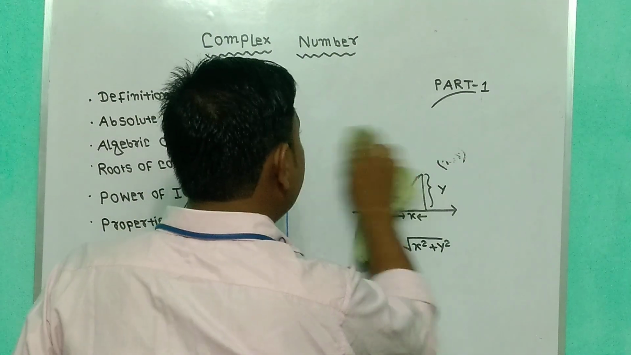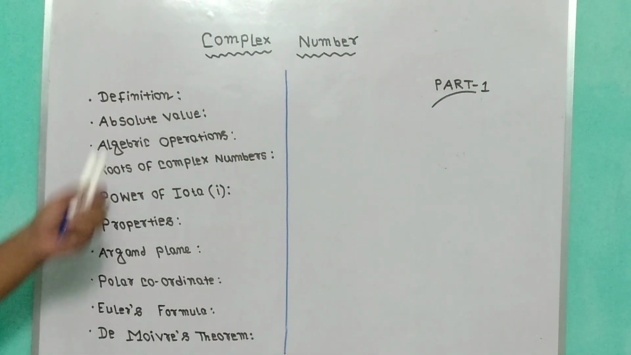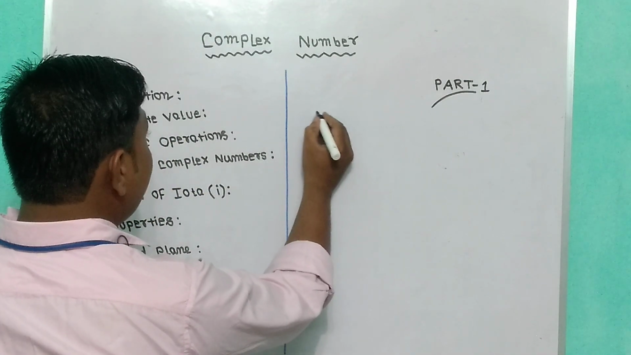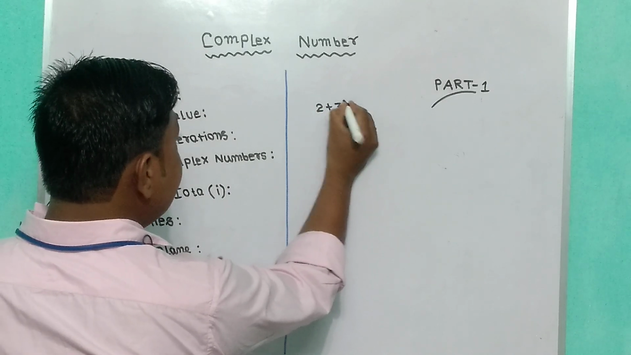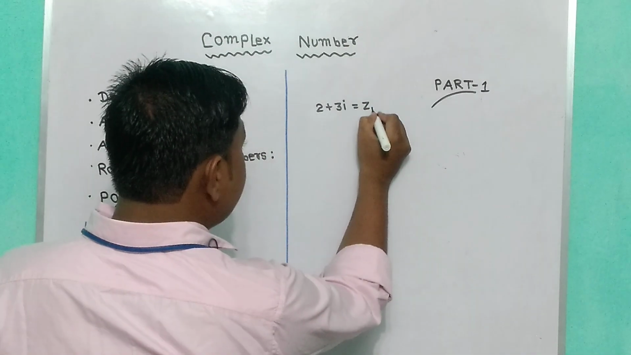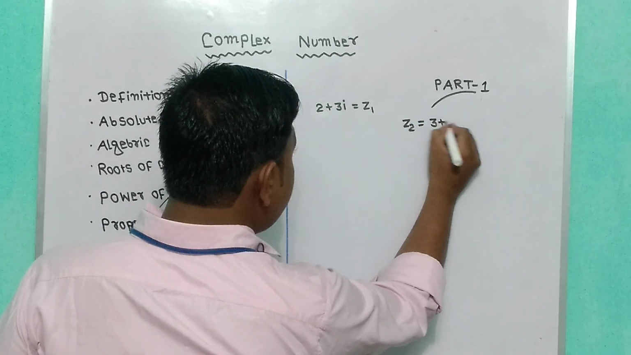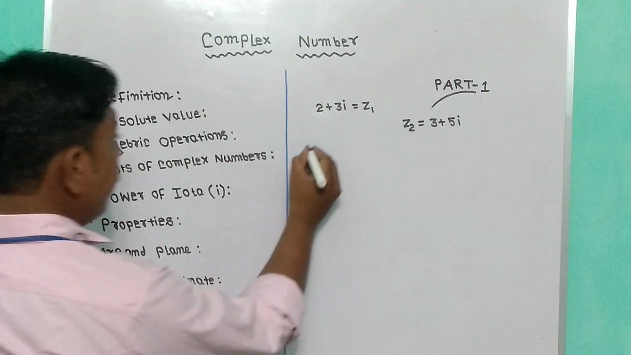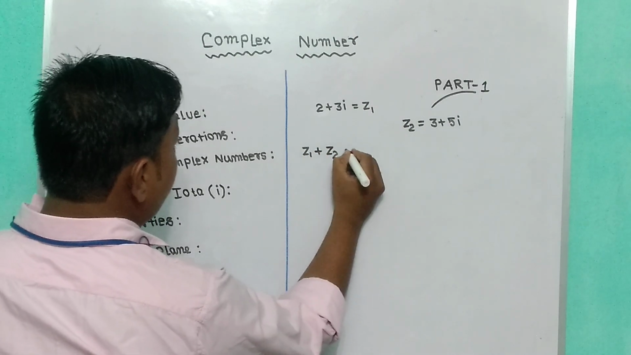Now I am going to discuss algebraic operations. Okay. So at first you see I am giving you one example like 2 plus 3i. Okay. This is one complex number, right? So I am taking another complex number z2 equals to 3 plus 5i. So if we add these two numbers, that means z1 plus z2, then we will get